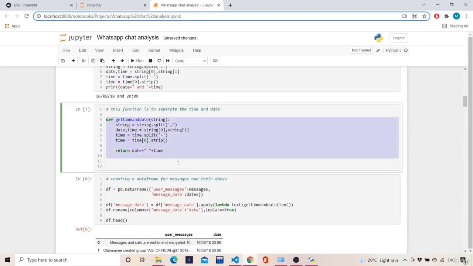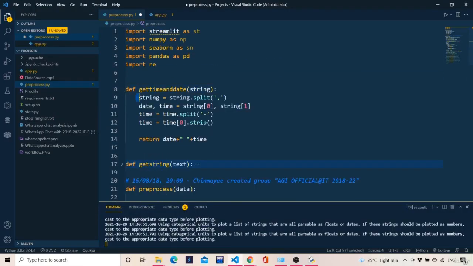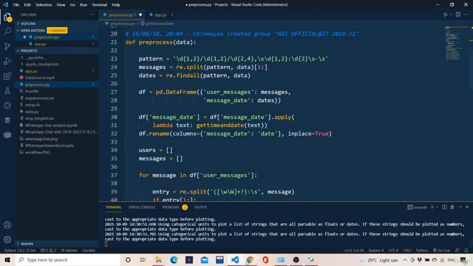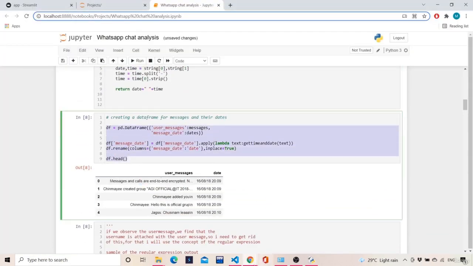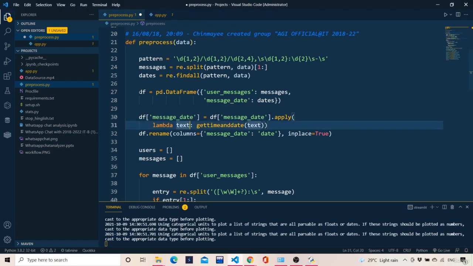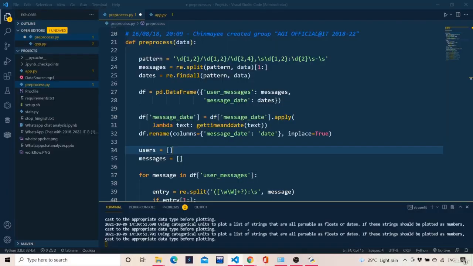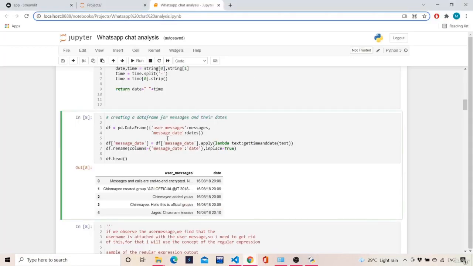So what I did is I copied this from here, I pasted here. That is it, nothing else. Okay, and what I did is I copied this thing and I pasted here. I didn't do df.head because I don't want to see the data frame, because I already saw how the data frame looks here. So this is basically the production code and this is basically for us to understand clearly. Okay,